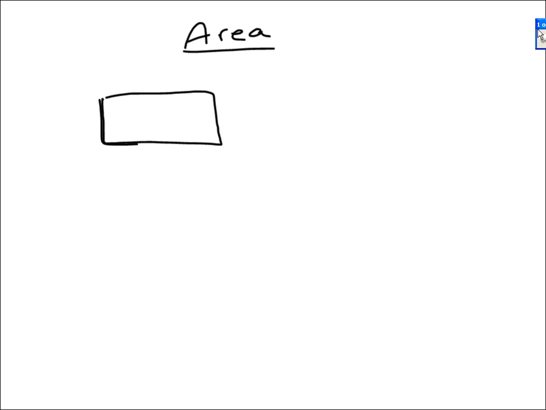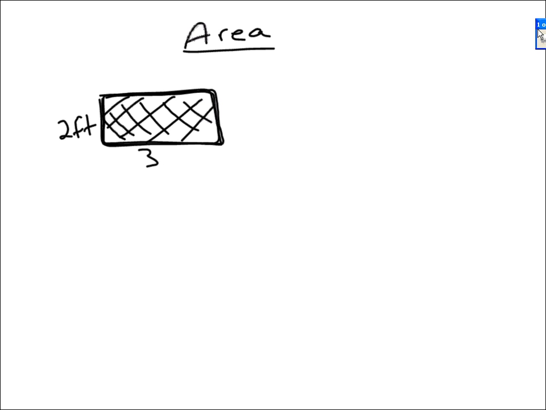Section 13 talks about area. Now, area is very different than perimeter. With respect to this rectangle, the perimeter is how far around. The area, on the other hand, is how much is inside. Now, if this was 2 feet by 3 feet, the area